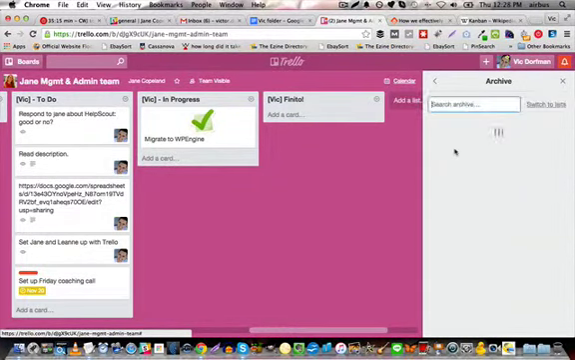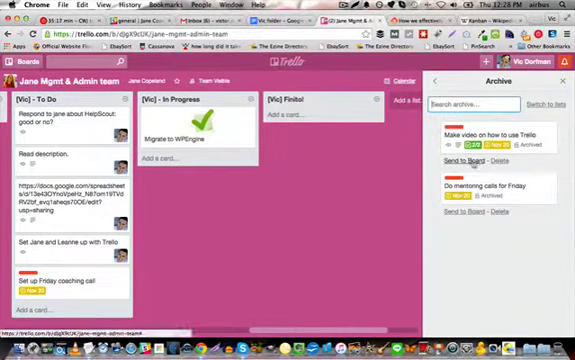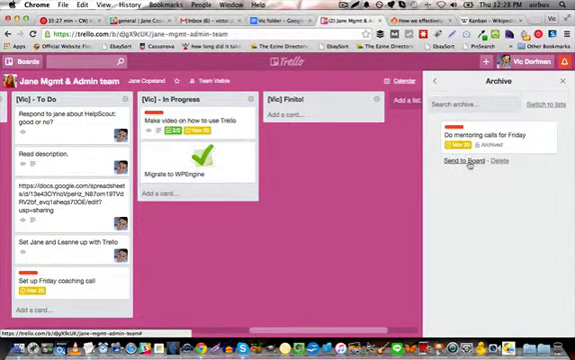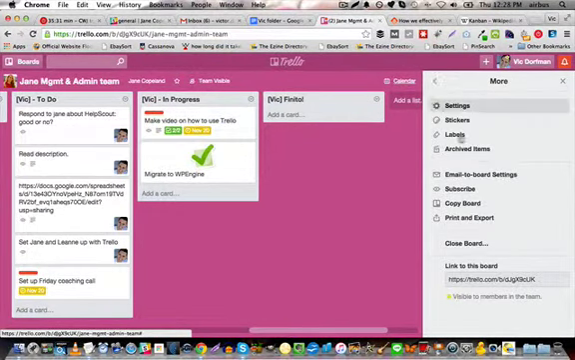Then we can click on archived items and see which items have been completed, and if an item has not been completed despite having been marked as archived, then we can simply click send to board, boom, right back to where it was. Now,